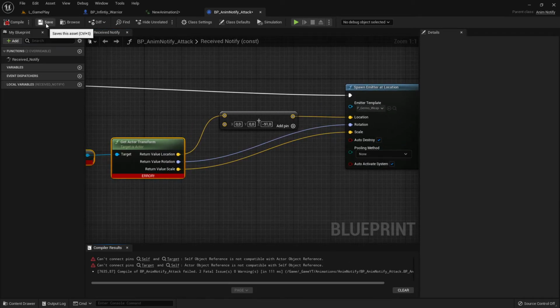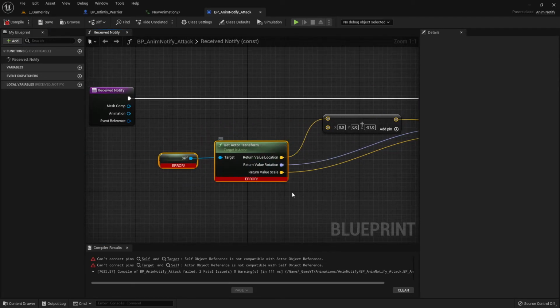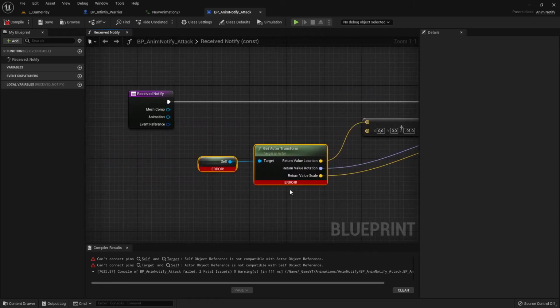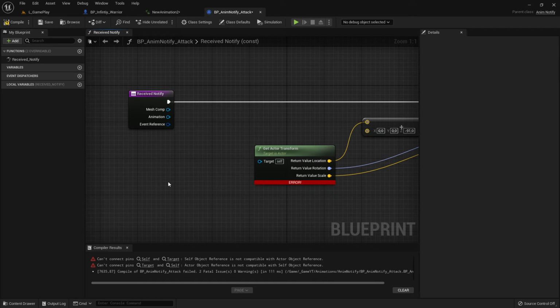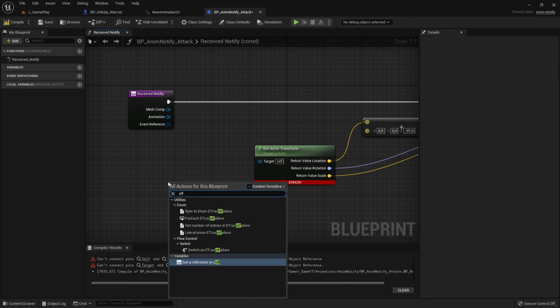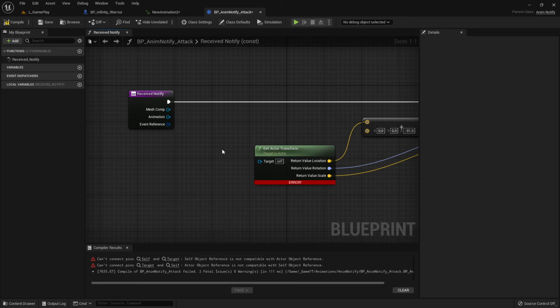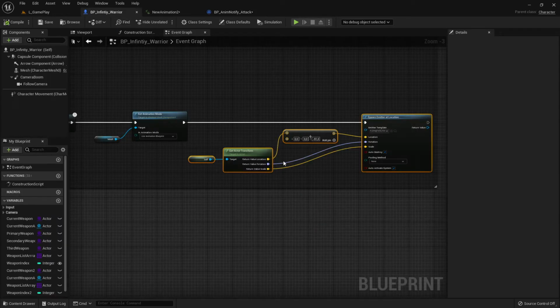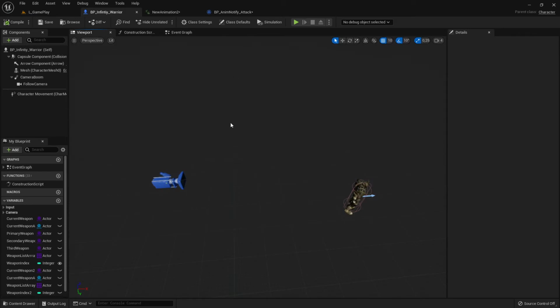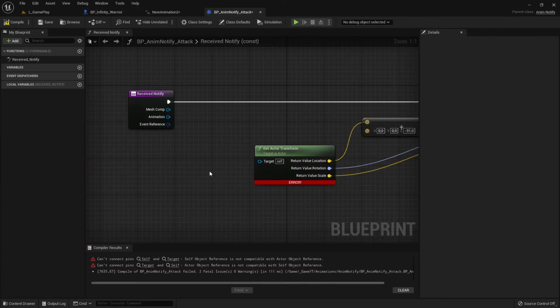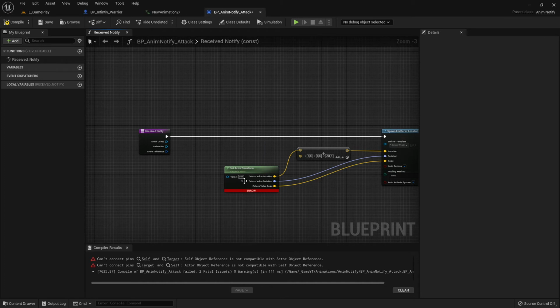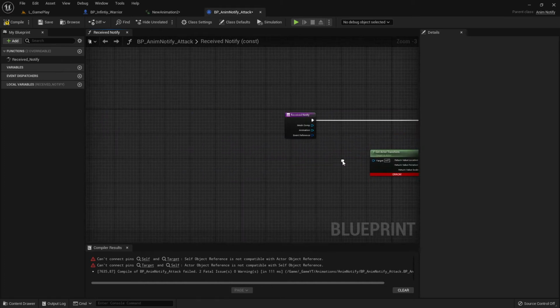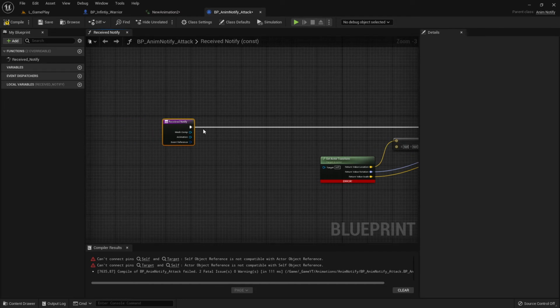Now I go to compile and it says a problem, that's not intended. Why is this not working? Okay, this self node is not working. I have no self. This blueprint is a separate blueprint. That's why it's not working, because the self that I copied was in the character. Now we are not anymore in the character, which is a little bit annoying, because now I need a reference to this character actually if I want this one. Of course you can make this fast,